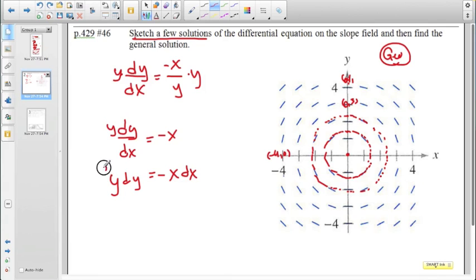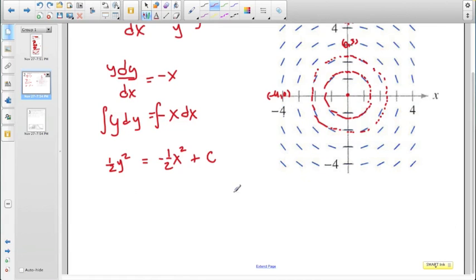And we'll go ahead and integrate. And so when we integrate this, integrating y gets us 1/2 y squared. Integrating opposite x gets us minus 1/2 x squared. And I mentioned earlier that I was just going to throw the c on the side of the x variable. I'm not going to do a c1, c2 thing anymore. So here is our